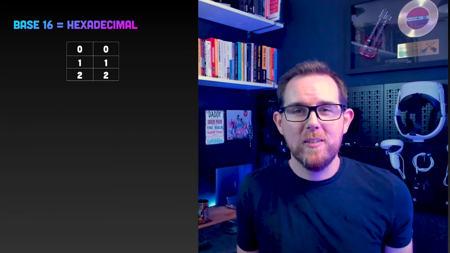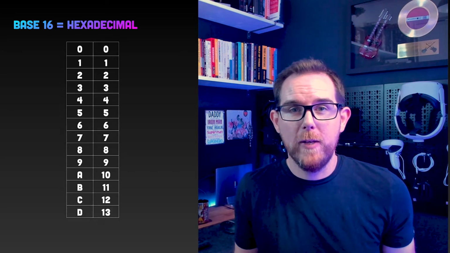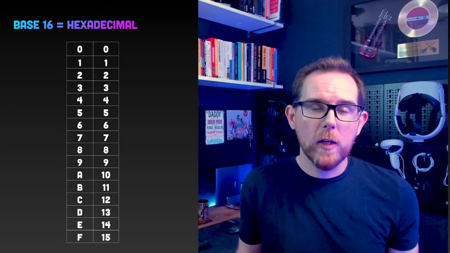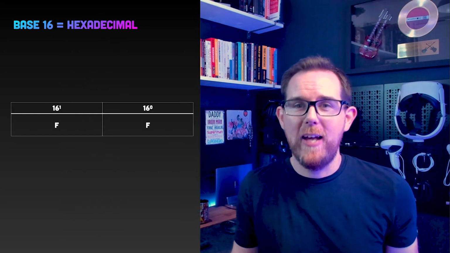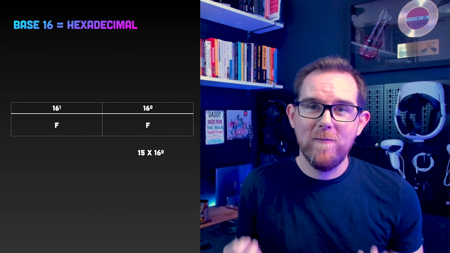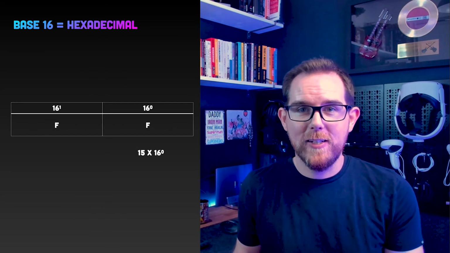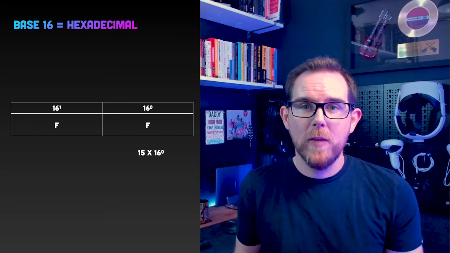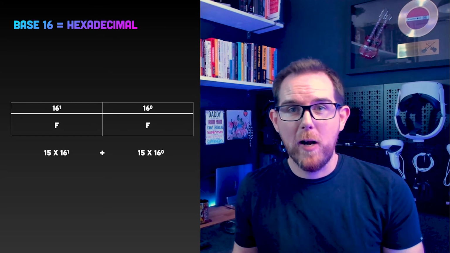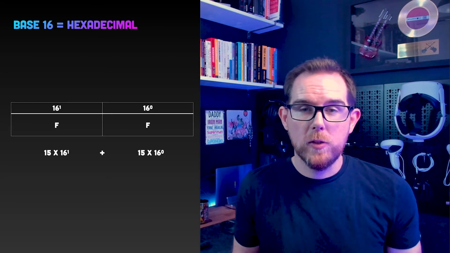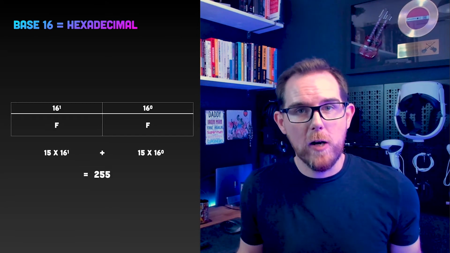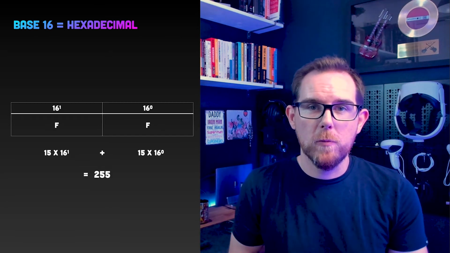As we know, hexadecimal goes from 0 to F, with F being 15. So the highest number we can put in this 2-column system would be FF. So we have 15 times 16 to the power 0, which is 15, and then 15 times 16 to the power 1, which is 240, which gives us a total of 255 as the maximum number we can store in this 2-column system. If you include 0 as well, that would be 256 different numbers that can be represented by